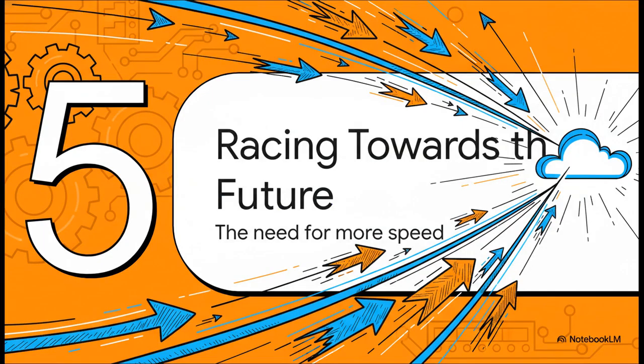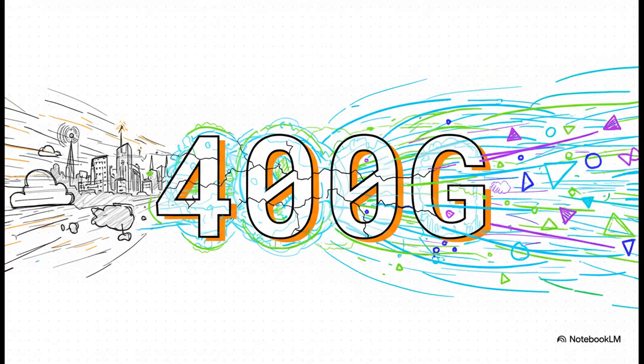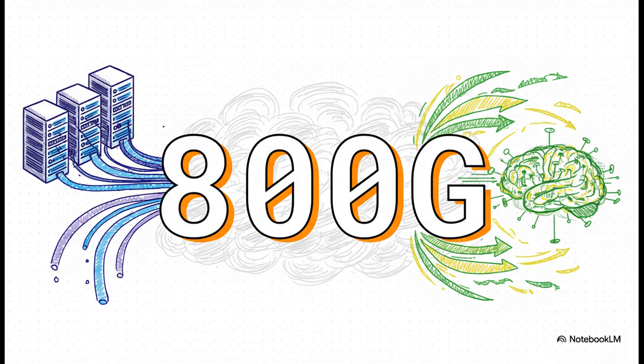So our packet is getting close to its destination, but its journey really highlights this constant pressure on the physical network, this absolutely insatiable demand for more and more speed. Right now, 400 gigabits per second is becoming the mainstream speed for these huge backbone networks. And that is incredibly fast. But believe it or not, the demands of new tech are already pushing the limits of what even that can do. The next big leap is already on the way, 800G, and it's expected to ramp up fast, starting around 2026.